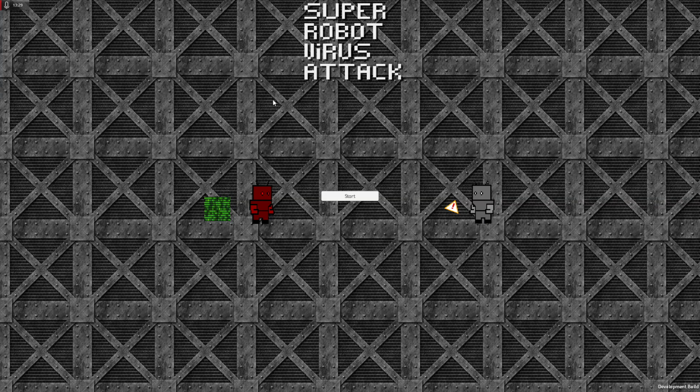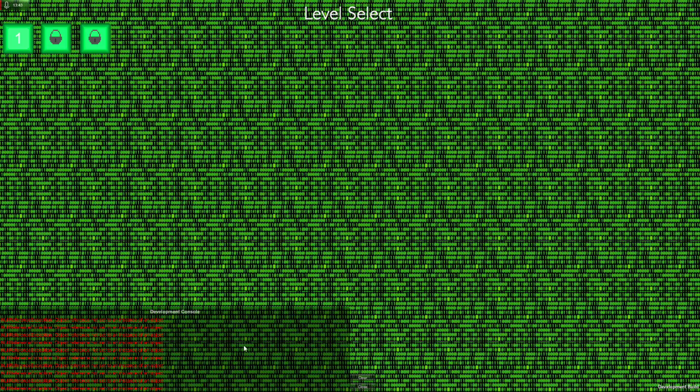As you can see here, most of these games I just used some random texture that I found online. This thing's still got the little, whatever you call it, the little watermark in it. So that's great. But let's press start here. And, okay, this hurts my eyes looking at it. I'm sorry. And also that tiling, 10 out of 10. But you can see this game actually has a level select.